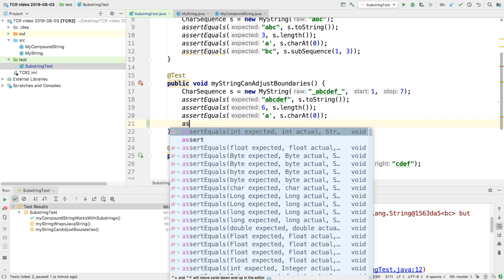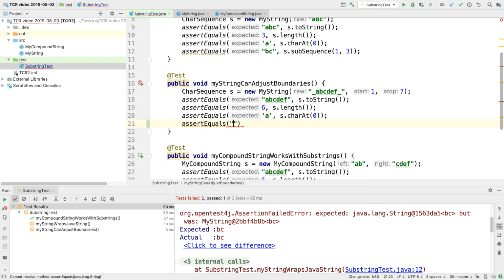Okay, we'll try again. We're expecting to see BCD if we take S subsequence. We said it's not 0, it's 1 through 4. So we want 1 to represent the position between A and B, and 4 to represent the position between D and E. I think that the problem was we returned a my string,